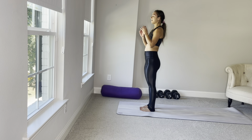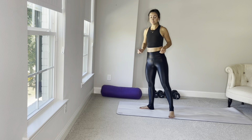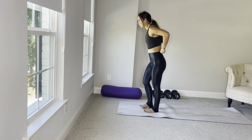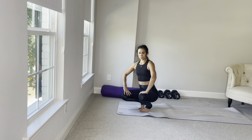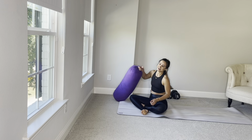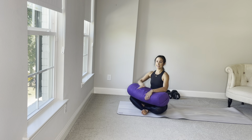Gorgeous. All right, let's make it to our mat, and we'll take some deep, deep stretches to get into the nooks and crannies of the hip. So your first stretch today is your half pigeon pose. And remember that pillow? I want you to search around for your pillow today. We can take pigeon one of two ways. We can take it supine, which means lying flat on your back,